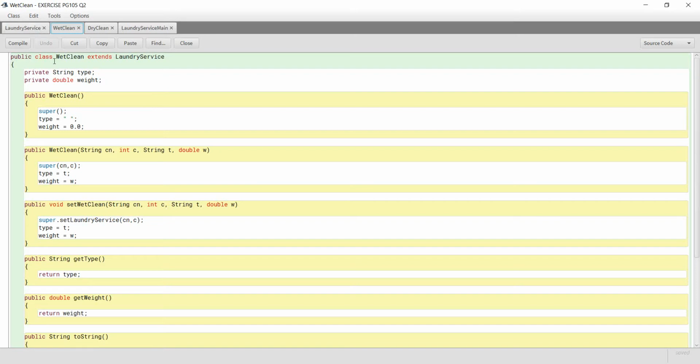So let's proceed to the next class, which is wet clean, and also the subclass to the laundry service. So we type public class wet clean extends laundry service, where extends means that we want to inherit the members of another class. So wet clean wants to inherit the members from the laundry service class, which is the superclass of this program. Okay, so we declare the variables, and then we declare the default constructor, but for this we have super, which means that